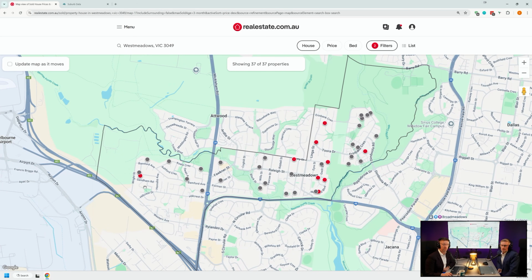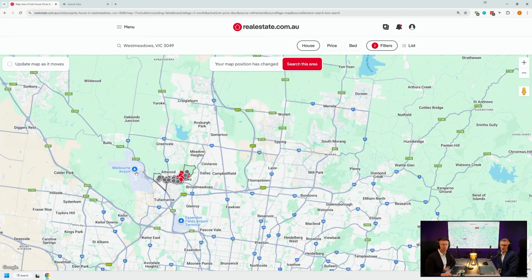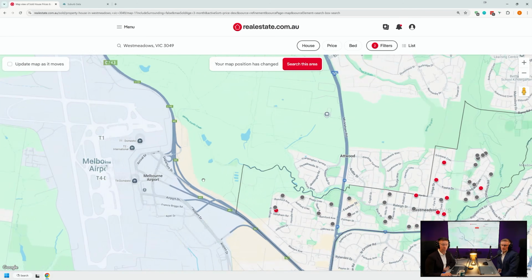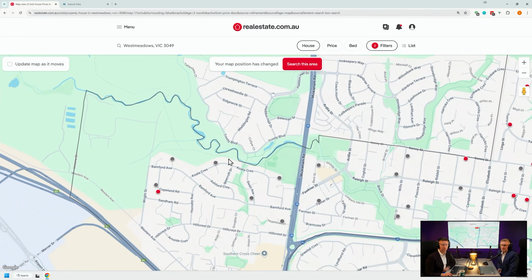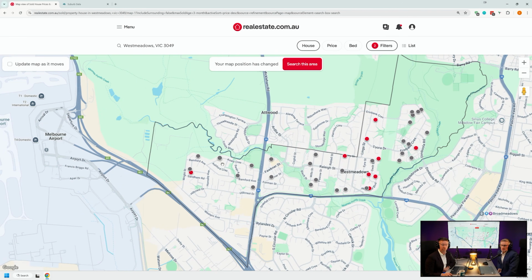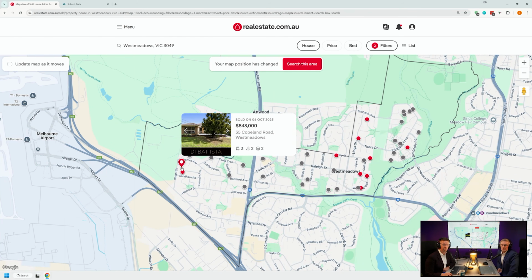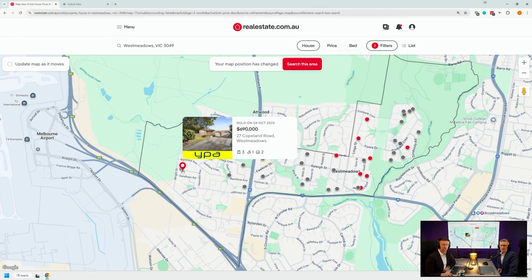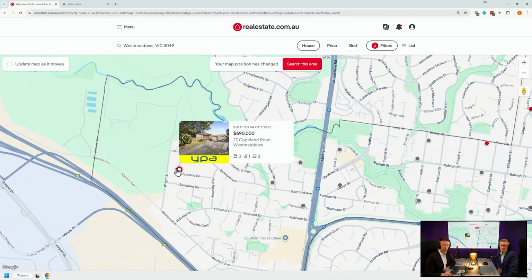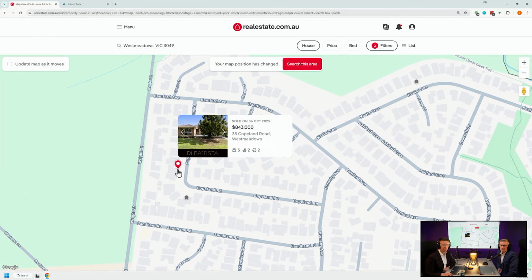So we've got the maps. Where is this in Melbourne? Can you just zoom out a bit? I think it's near the airport, just east of the Melbourne airport. We'll zoom in. Look, we're not familiar, so we're just going off the cuff here. But if we have a look, we've got an $840,000 sale and a $690,000 sale. They're almost side by side, right?